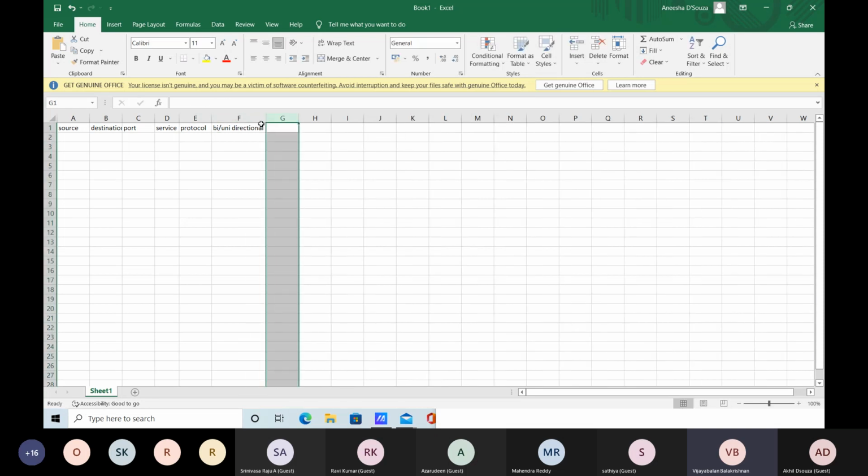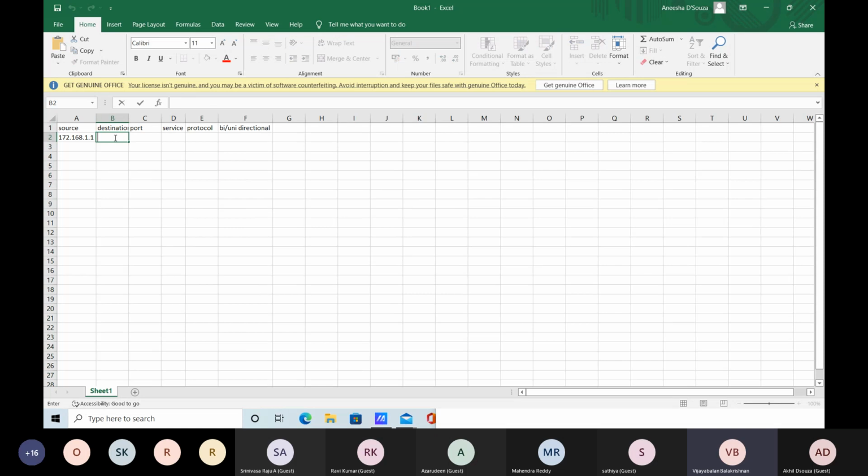Okay, now you simply fill something. Source is say some IP address 172 or something. Say for example that is your source, assuming 172.24 some IP address because we need to have some idea. That's it. Yeah, 172.168.1.1. Okay. Destination is going to be your Azure. So normally when we go to cloud, it is asking only source because your destinations are already defined. From there only you are creating a rule.